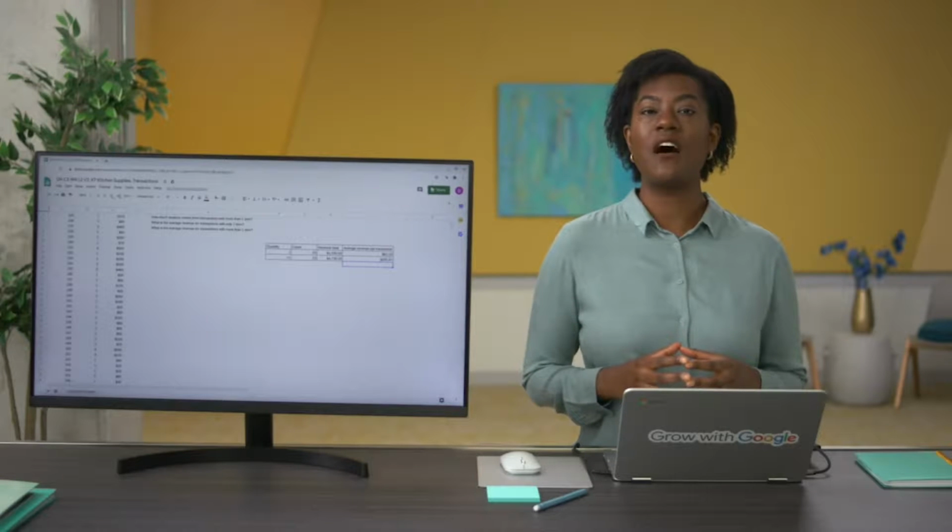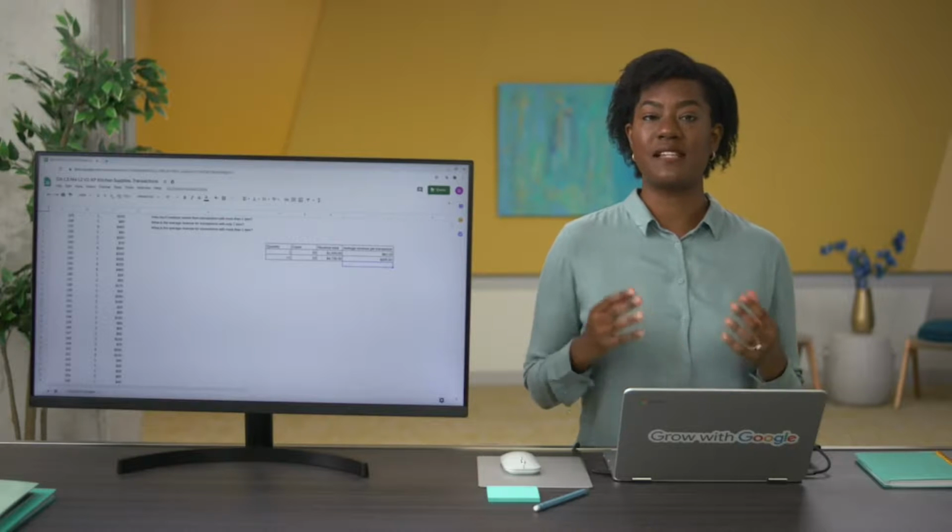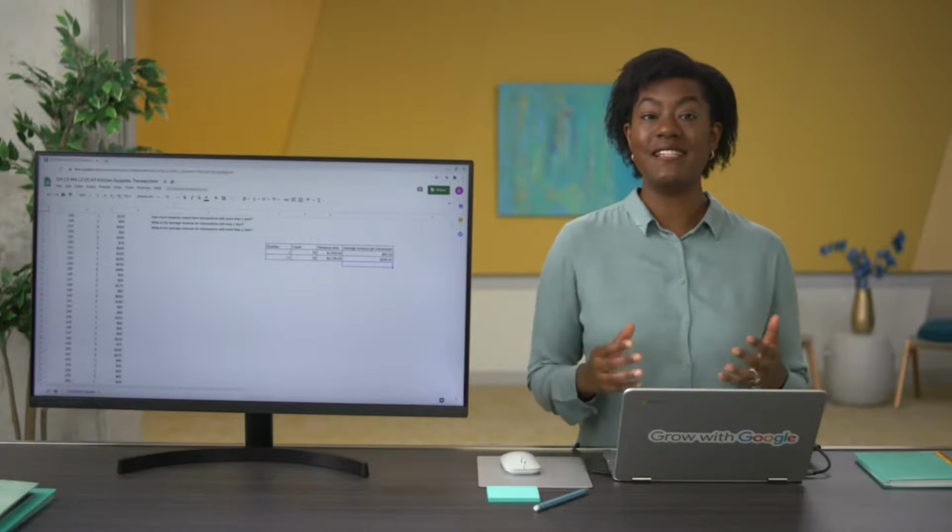Our summary table now gives stakeholders and team members a snapshot of the analysis that's easy to understand. Our count-if and sum-if functions played a big role here. Using these functions to complete calculations, especially in large data sets, can help speed up your analysis. They can also make counting and adding a little more interesting. Nothing wrong with that. And coming up, we'll explore more functions to make your calculations run smoothly.